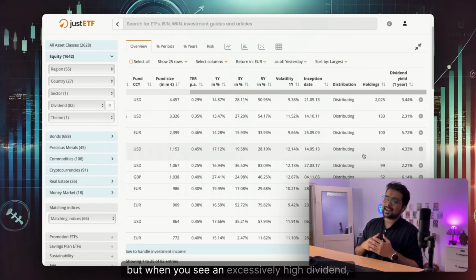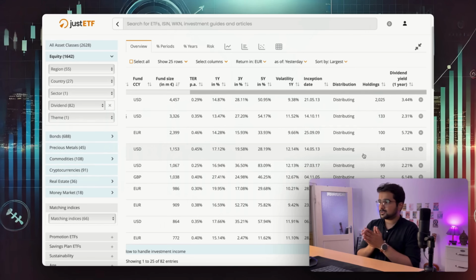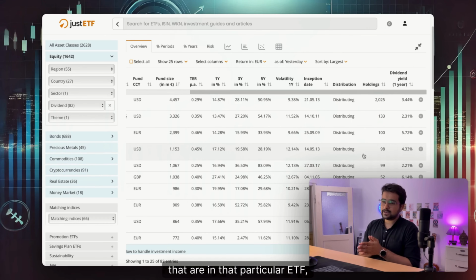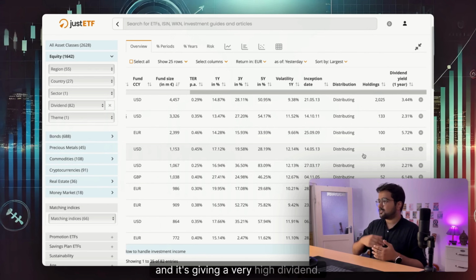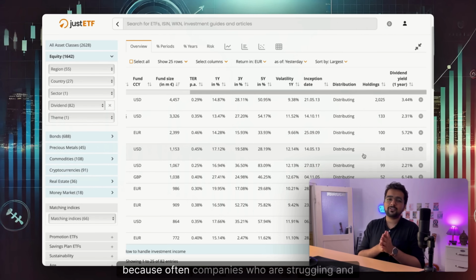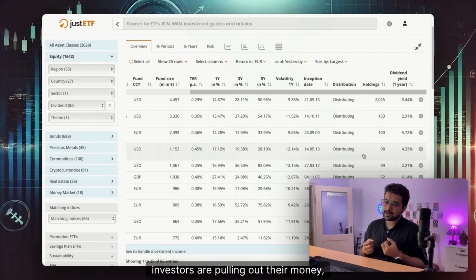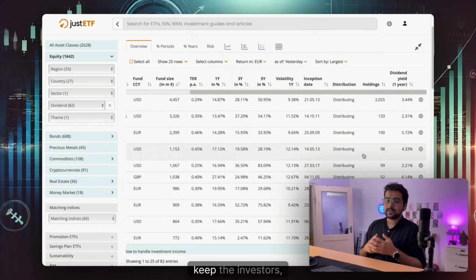But when you see an excessively high dividend, I would recommend you go and look at the performance of the companies that are in that particular ETF, or if it's one particular company you are buying and it's giving you a very high dividend, it's something to be skeptical about, because often companies who are struggling and investors are pulling out their money, those companies often give a very high dividend to keep the investors invested in the